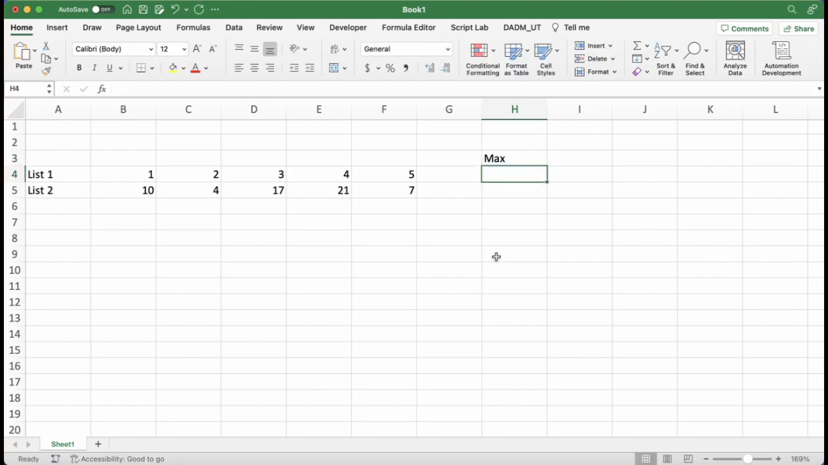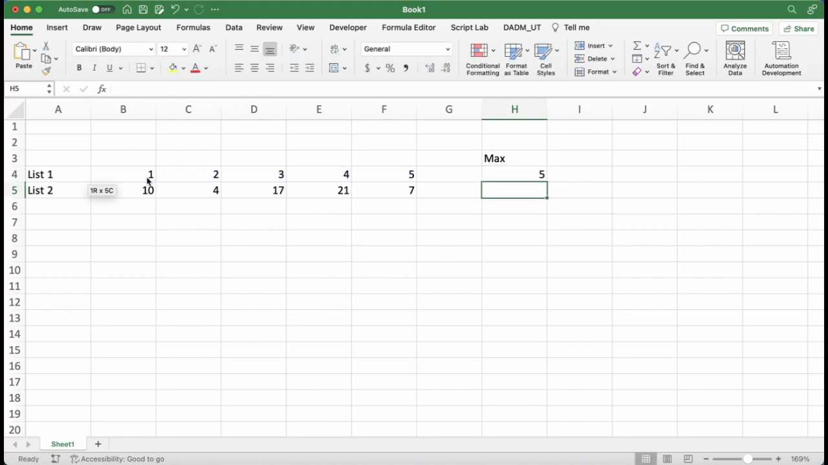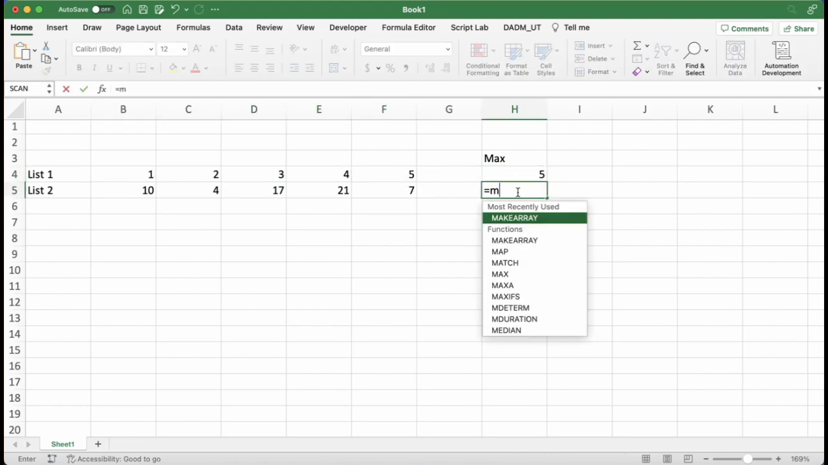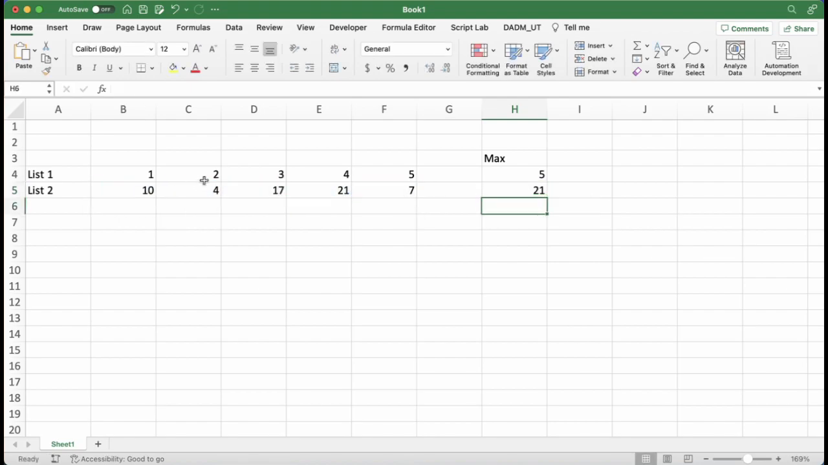And I'll put a label here. So to use max, just equals max for max, or maximum. And then we can select all of the cells in that range, close the parentheses, hit enter, and we see 5, which is the maximum out of this first list. If we do the same thing on the bottom, we'll see the maximum there, 21, the largest number out of